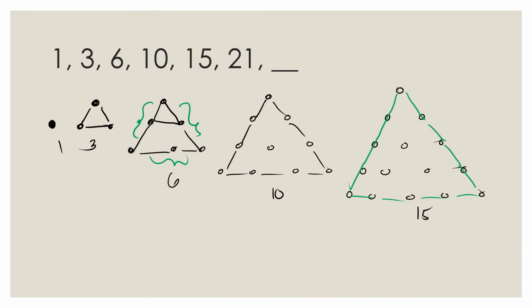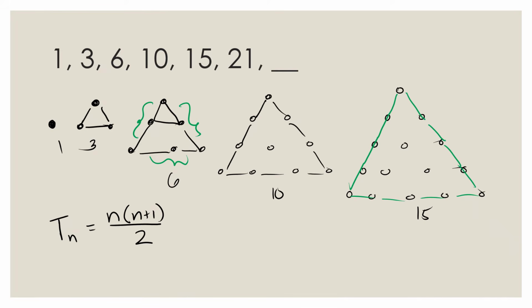Try creating the triangle with an increasing side length, and you will see that the number of dots will follow this sequence. So these are called, again, the triangular numbers, and there is actually a formula that we can use to find how many dots there are in an nth triangle. The first triangle will have 1 dot, the second triangle has 3 dots, the third triangle has 6 dots, and so on. So our formula for the number of dots in the nth triangle, or the nth triangular number, is equal to n times n plus 1 divided by 2.